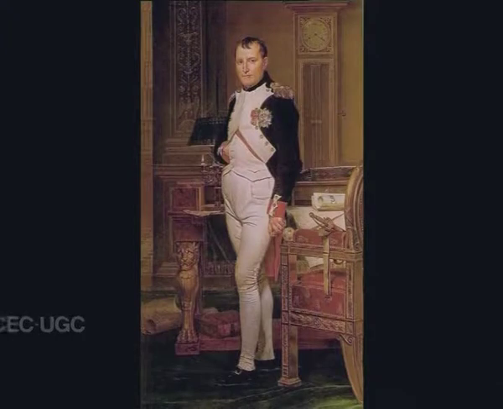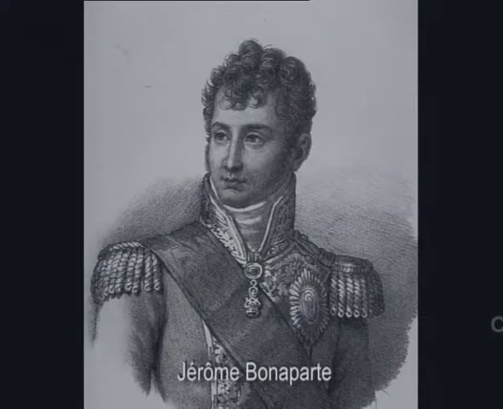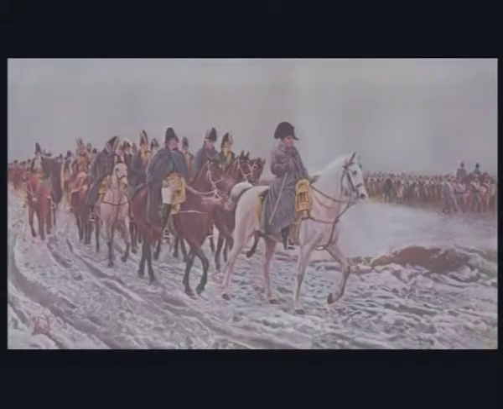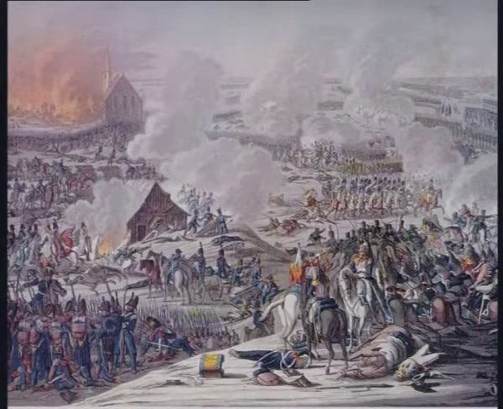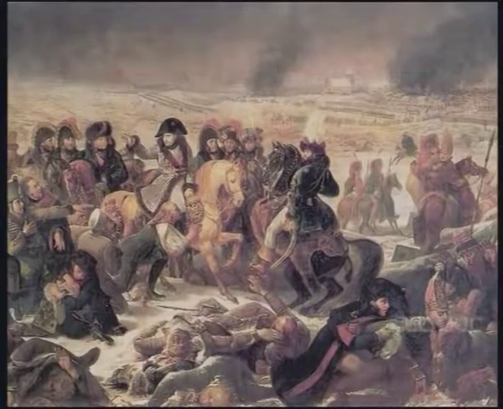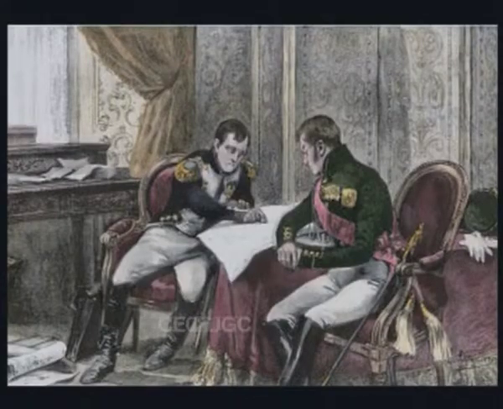And after the conquest of Berlin, he created yet another new kingdom, the Kingdom of Westphalia, where he combined some of the states or regions which he received from Prussia. The Kingdom of Westphalia was placed under yet another brother, Jerome. And then Napoleon moved against Russia as well. First there was the Battle of Eylau, which was bloody but indecisive. But he managed to defeat the Russians in the Battle of Friedland, and the result was the Treaty of Tilsit.